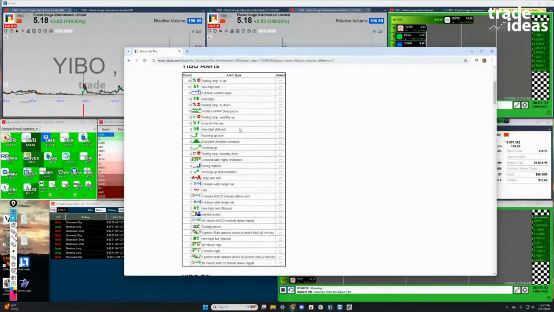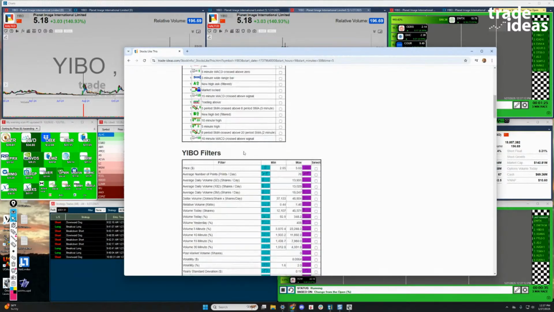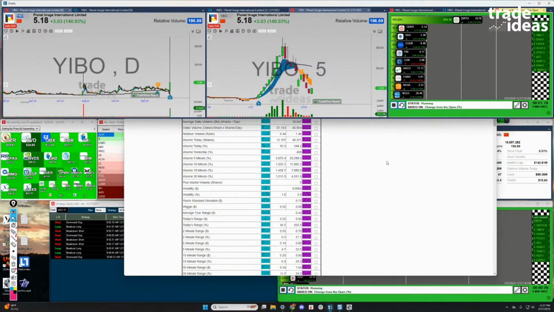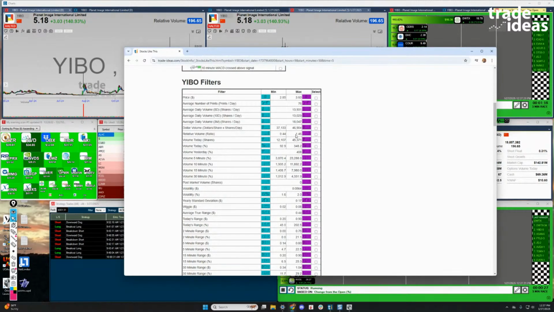And so this is a way we could back engineer and say, all right, this thing had the running up now alert, and I might consider that for trying to capture a stock that did this. Here's the price range on it. Its relative volume actually wasn't doing a whole lot at that point still, right? It was still just building up. But I bet if we look at the relative volume 10 minutes past this, we see the relative volume is real high. In fact, it hadn't even done any shares to this point almost, right?